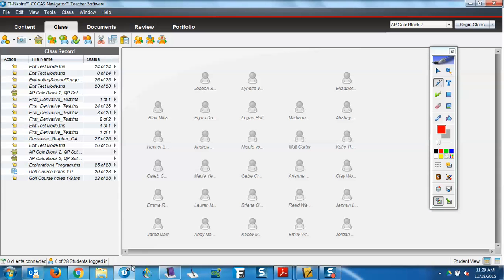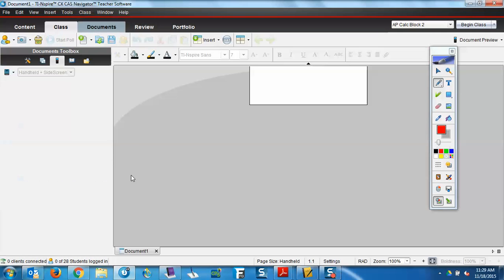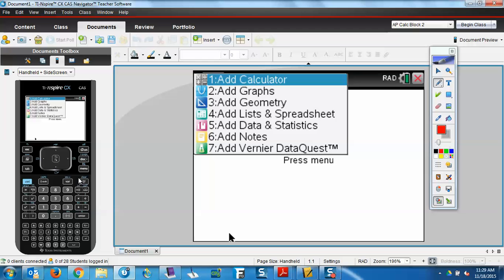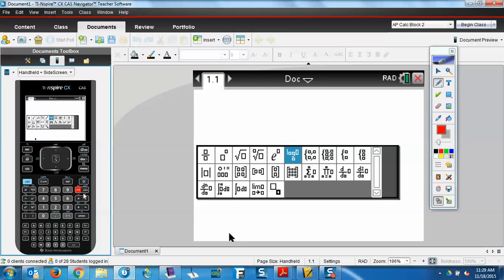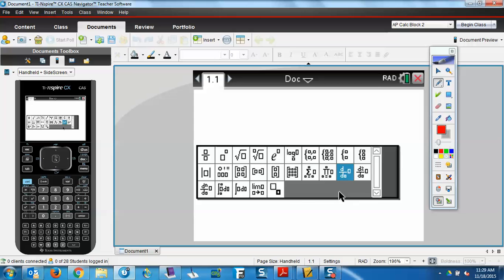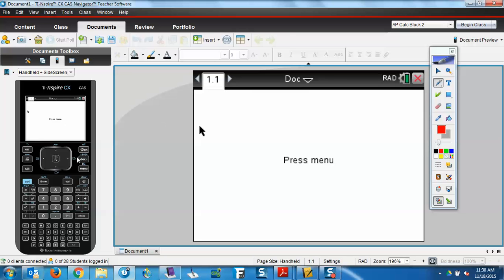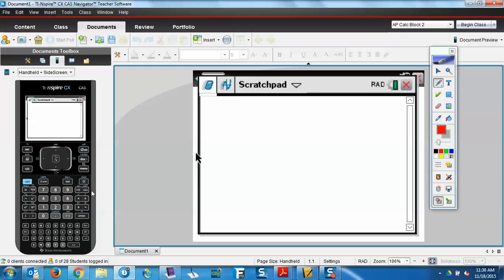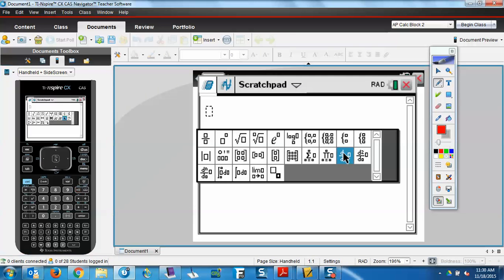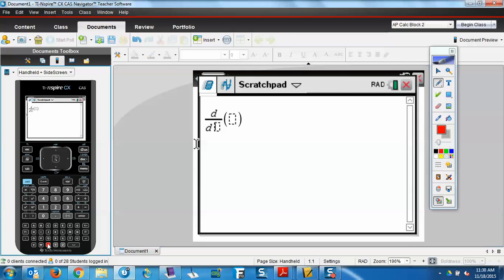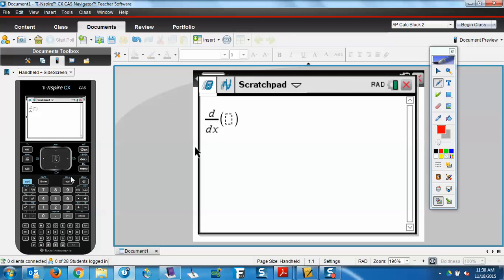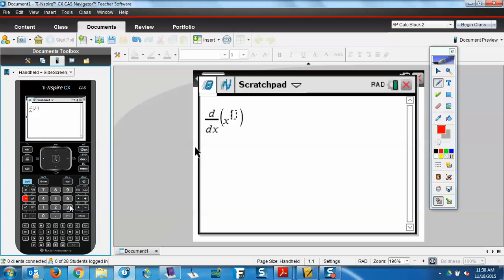But here's what you can do on your calculator, right? You can come onto your calculator here. I think I showed you this. Next to the 9, remember this thing right here? Yeah, the derivative rule. So you hit that. Whoops, just get to the scratch pad. Go here, do the derivative, put an x or whatever my variable is, and if my problem is x raised to the third,